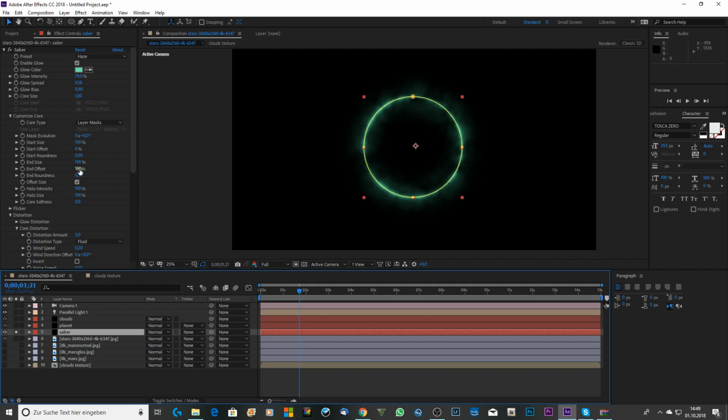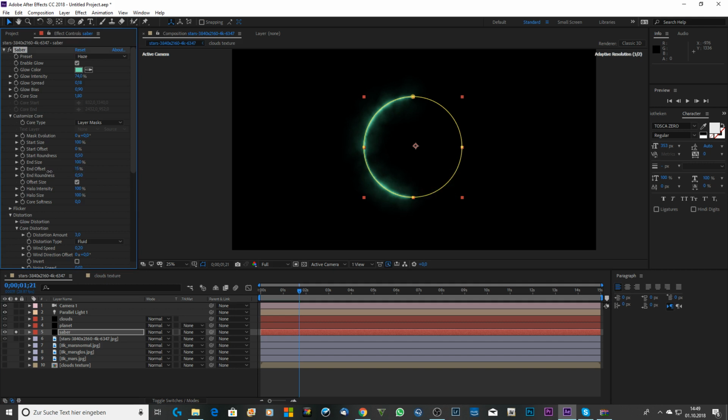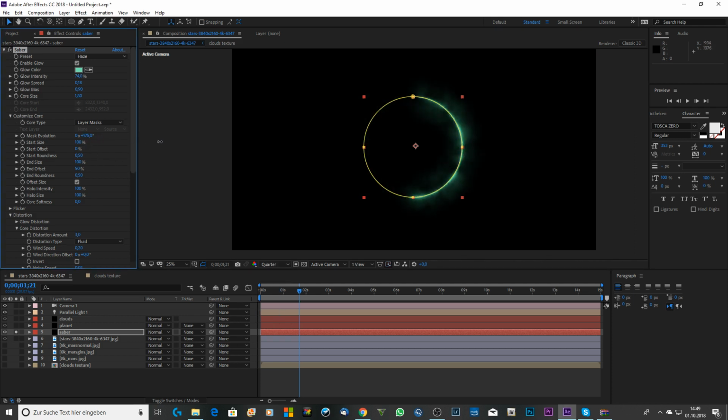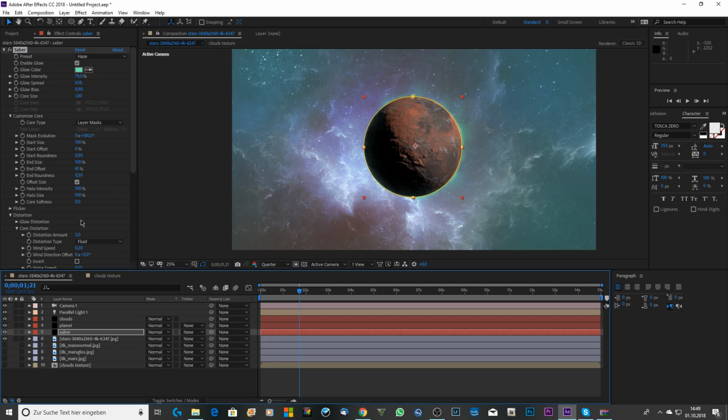So we have the end offset, and you can see that I can make it as small or big as I want it to be. And then we can turn it. Not quite there. Here and round offset